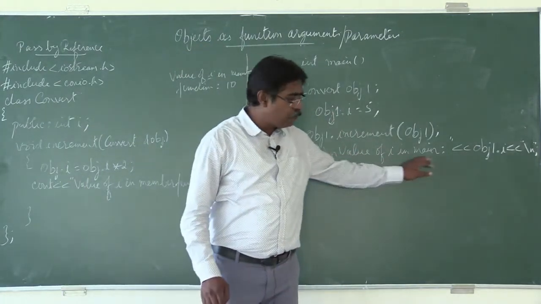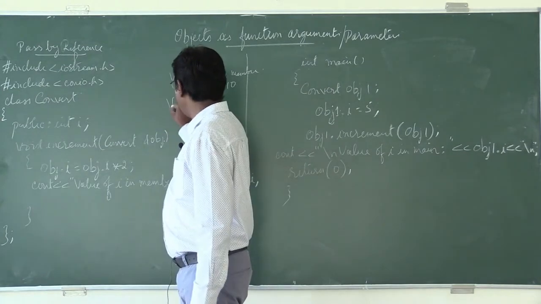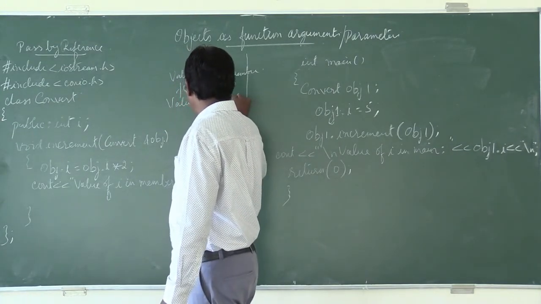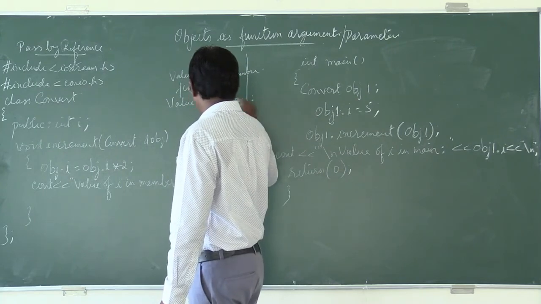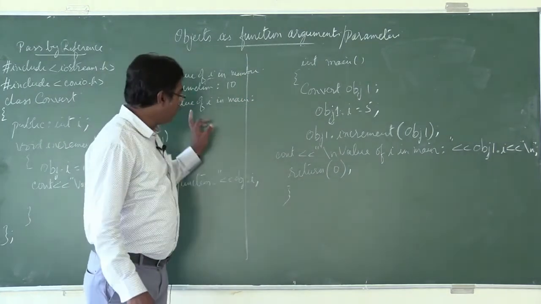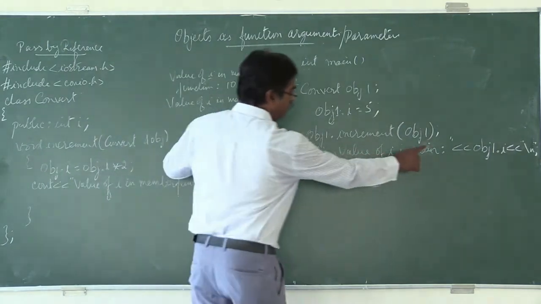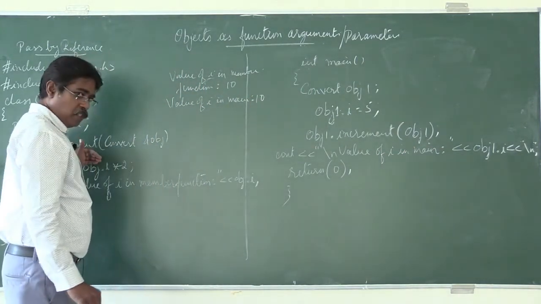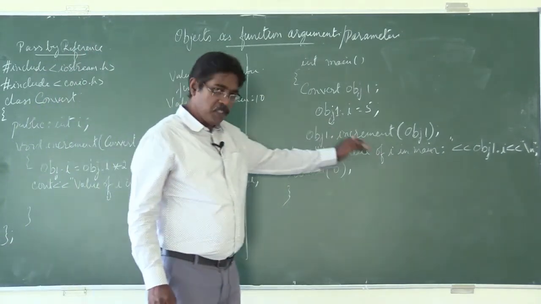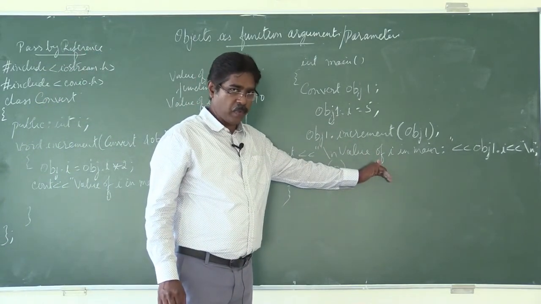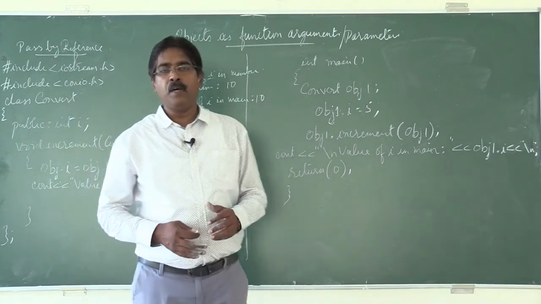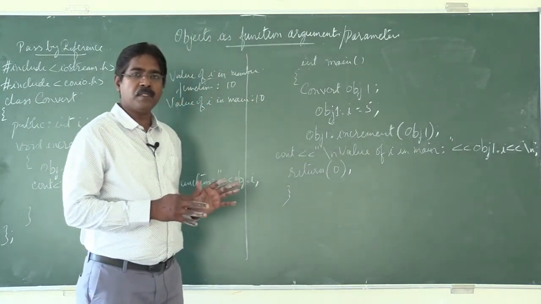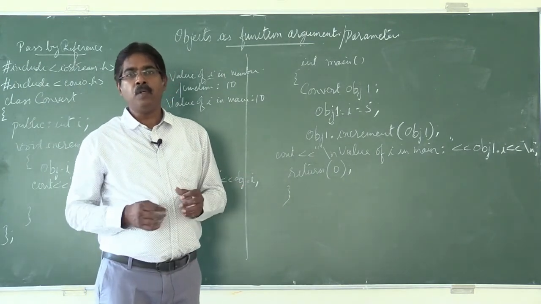Likewise, the control moves on to resume its execution in main function. Value of I in main. I'm writing the second statement here. This I could write in a single line. Value of I in main will be 10 again because the alias changes. Hence, the original object also changes its value. This is about pass by reference, and I have given 2 examples. The same example is there in the notes too.